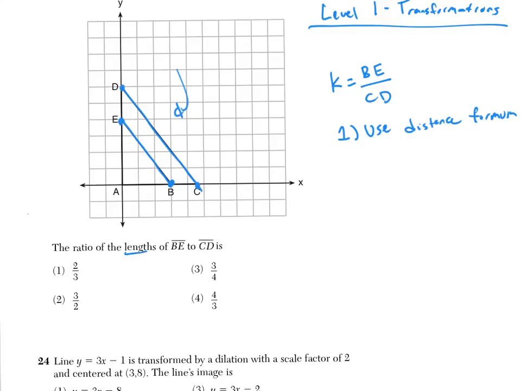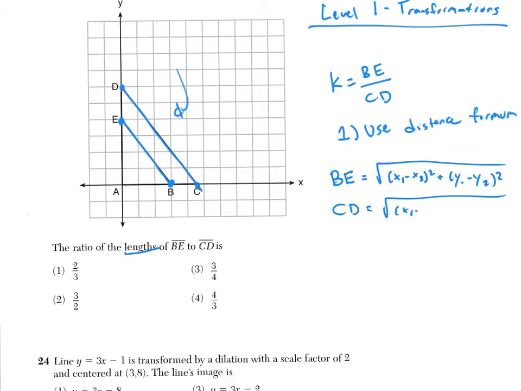All right, so let's do that. We're going to figure out what BE is by using the distance formula. It's the square root of x1 minus x2 squared plus y1 minus y2 squared. And then we're going to do the same thing for CD. It takes a little bit of work, but that'll get your answer. So if you do this correctly, the ratio of BE to CD is, well, we get